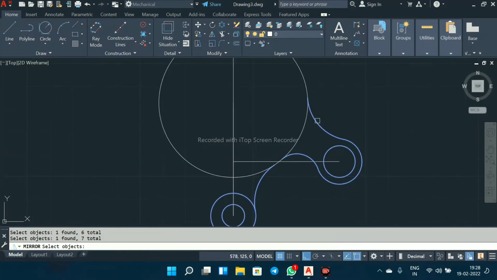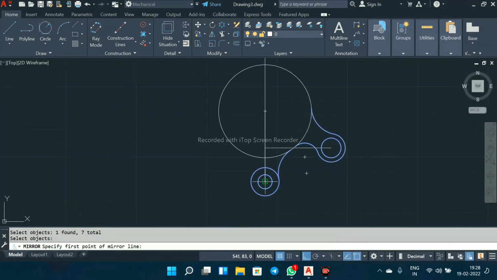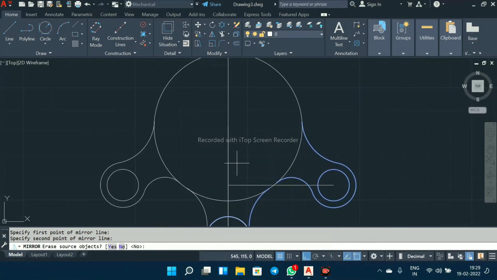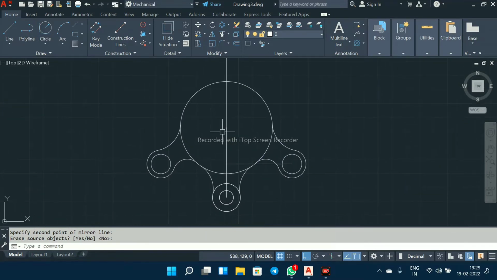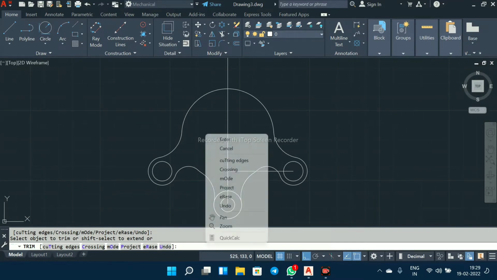Right click. Select this point and this point. So now trim it. Type TR, enter. Trim these objects that we don't want, like this.